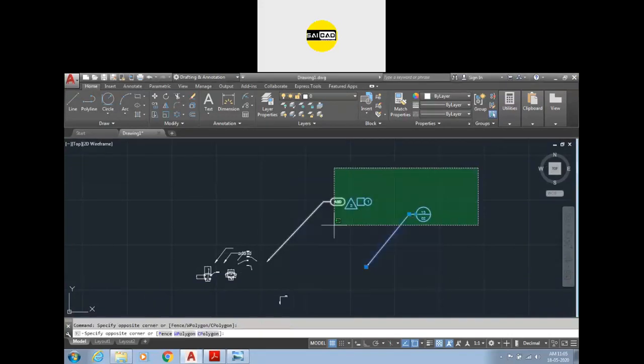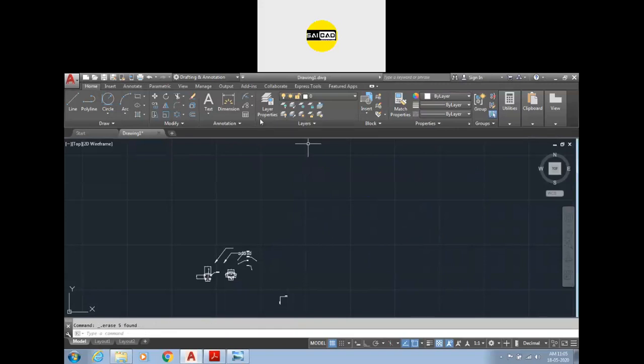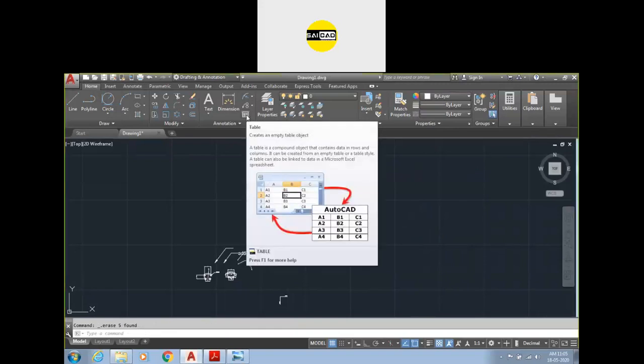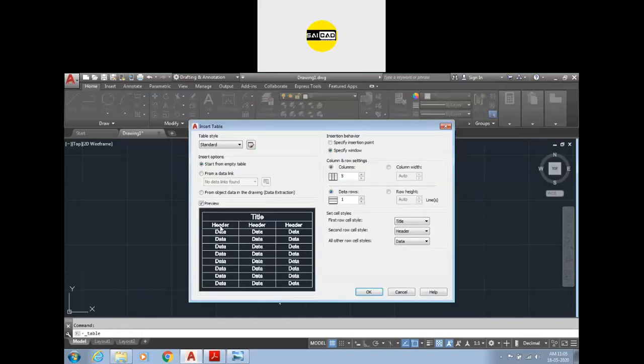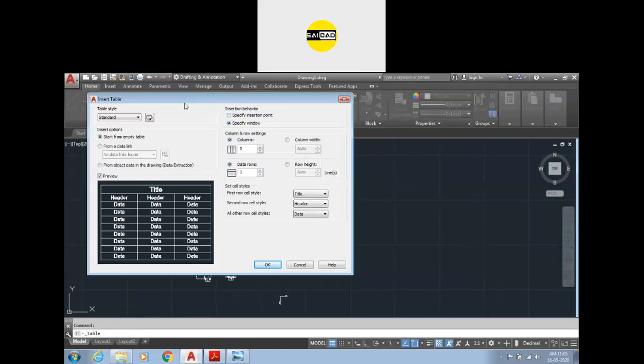So we have the next option that is called table. So to create some table, to create bill of material, you can use the table from here, or you can import an Excel sheet from your system. So first we are going to create an empty sheet from here. So you can see there is a table style that is standard.